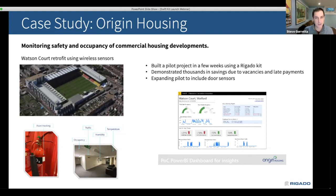And they really wanted to retrofit it with asset tracking, condition monitoring, occupancy. And they used our kit to do that. They've since expanded to multiple sites. And they're actually solving a different problem, which is tracking vacancies, late payments. A lot of times they don't really understand how long a place has been occupied or empty because of the way that these housing projects work in the UK. So just having basic understanding of that has demonstrated a ton of savings, on top of offering safety and comfort